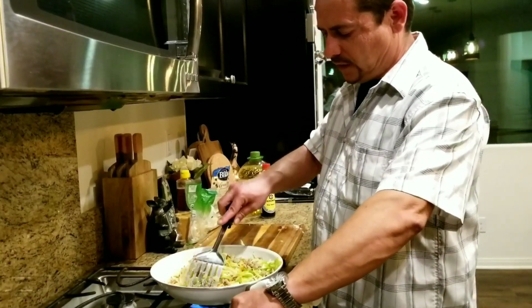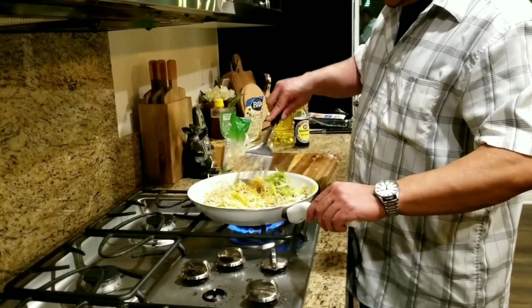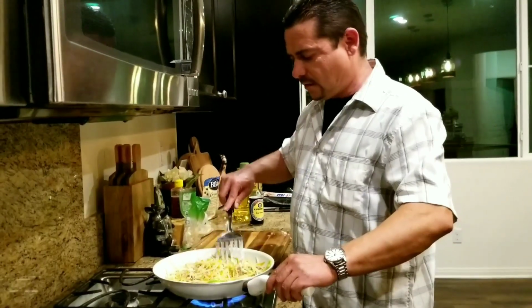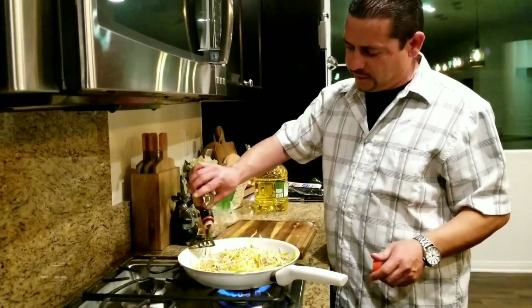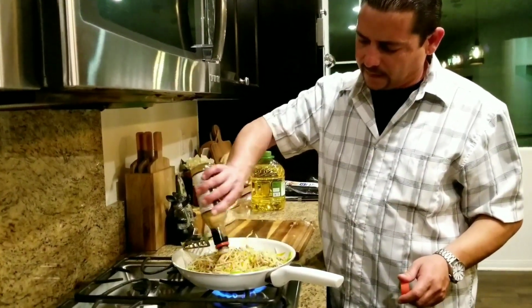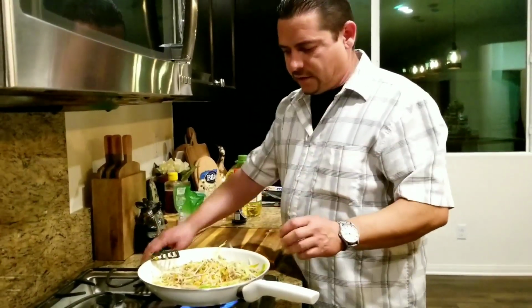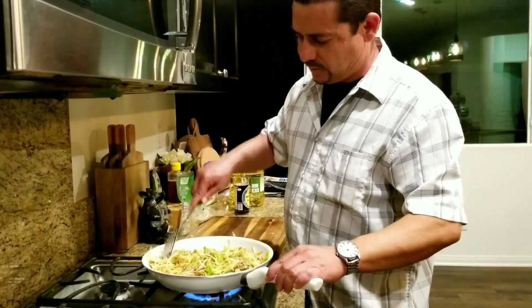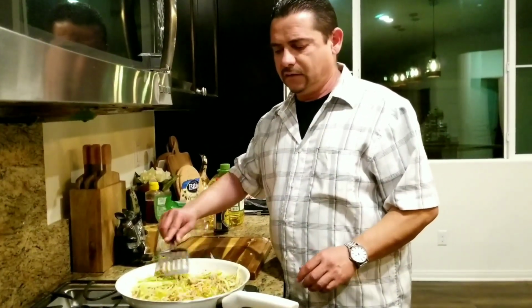And if you'll notice, I'm cooking at very high heat. And that's the trick for keeping your vegetables crispy and nice. With high heat and constantly stirring and frying. Okay, when you got that all mixed, then you add soy sauce. Alright. You let that cook for a while. Mix it together. And there you have your filling for your egg